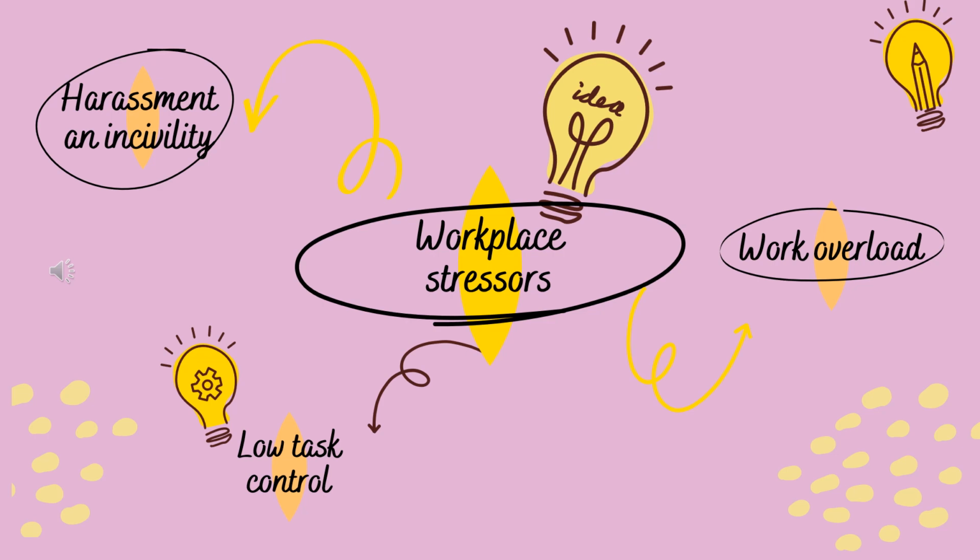The third reason is called the ideal worker norm. Professionals expect themselves and others to work longer hours. For them, it is a symbol of their superhuman capacity to perform above others. Last but not least, low task control is one of the most important findings emerging from stress research.